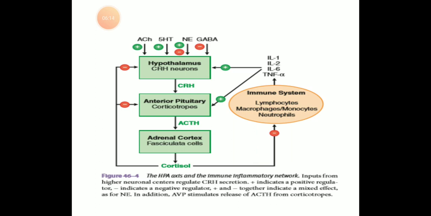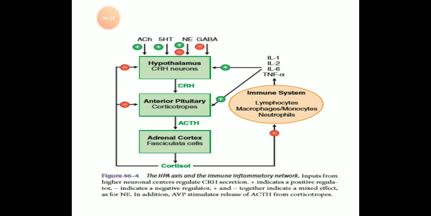The plasma level of cortisol modulates the rate of release of CRH, that means corticotropin releasing hormone, and in turn that of ACTH, that is adrenocorticotropic hormone, from the anterior pituitary by a negative feedback mechanism. Thus, increased plasma level of cortisol inhibits ACTH release and reduces its store in the adenohypophysis. Decreased plasma level of cortisol, as in Addison disease, stimulates ACTH secretion. The delicately balanced mechanism thus regulates the plasma level of cortisol within normal limits.